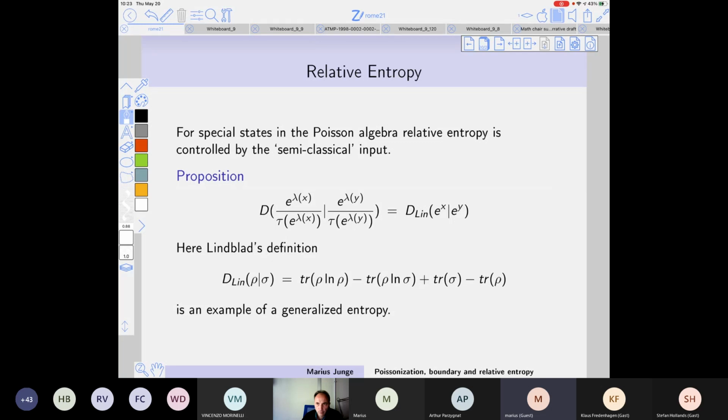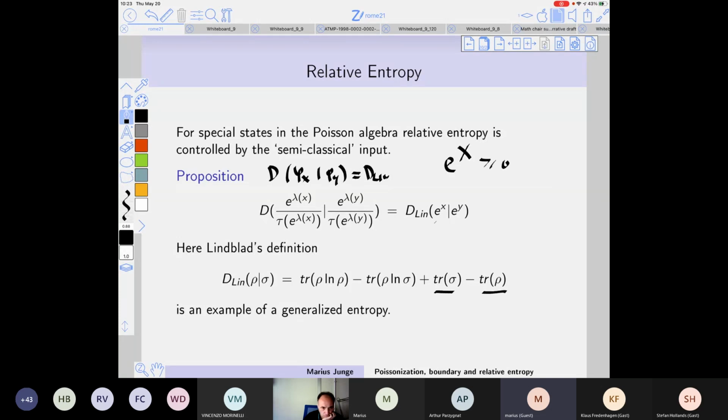So if you have a certain random variable x in your original space, a nice random variable, then e to the x, of course, will be positive. And what you can prove, and I think this is partially known in some special cases, I've seen this in papers of Longo, is that the relative entropy of phi x, phi y is exactly the Lindblad entropy of Ex and Ey, and the Lindblad entropy is this linear correction term.